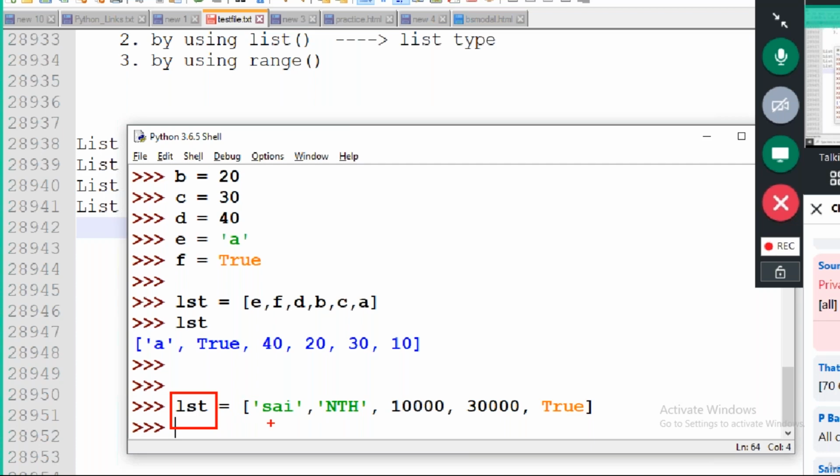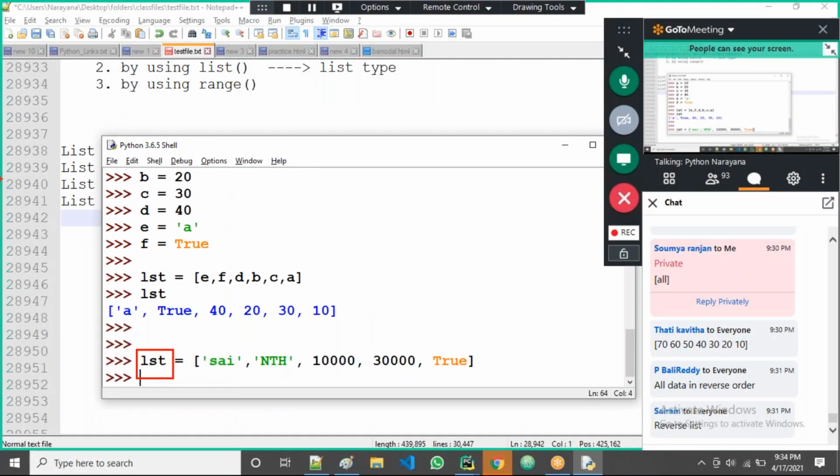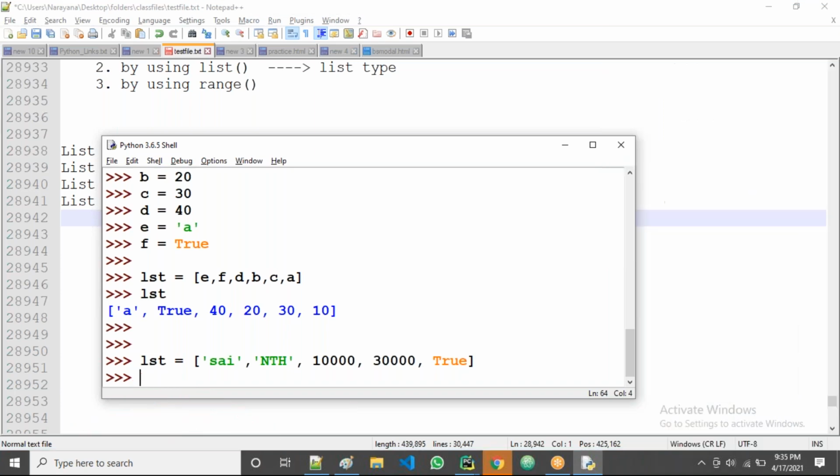Those 5 values I want to take into different variables. Variable 1, variable 2, variable 3, variable 4, variable 5. I want to distribute, I want to separate. That is called unpacking.